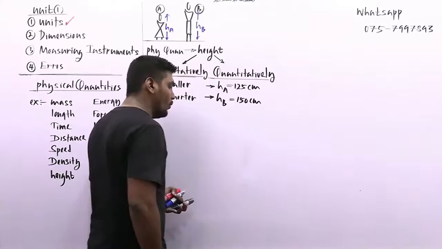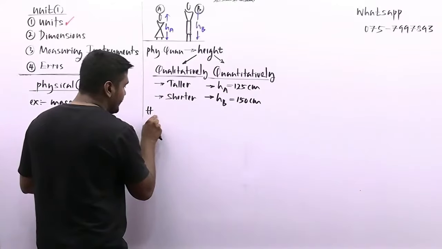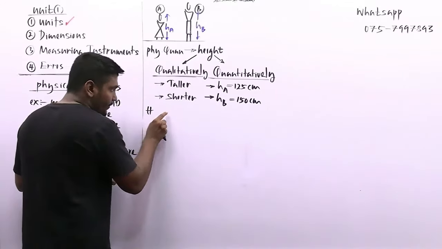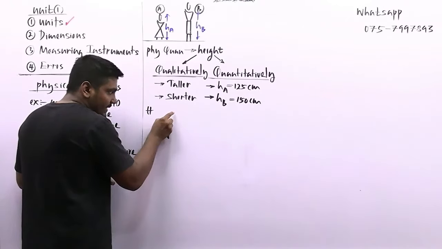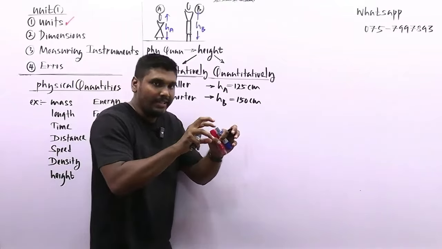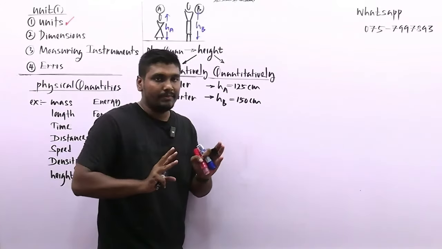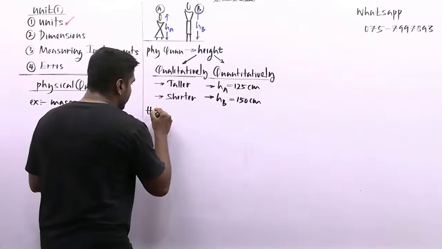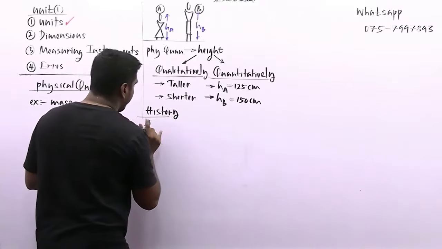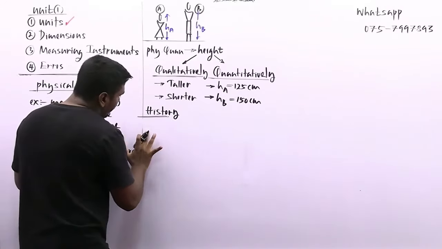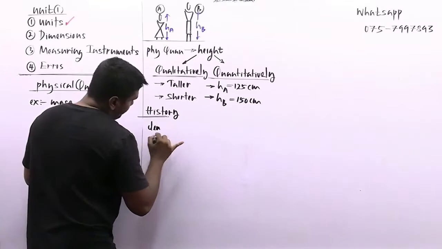Then when we go to the ancient times, a small history. Now we realized there are physical quantities. We want to measure them. Physical quantities have magnitudes. But when measuring physical quantities, we should define a common unit system. Now, in earlier days, to measure a physical quantity, for example length, they used to measure the length of something.